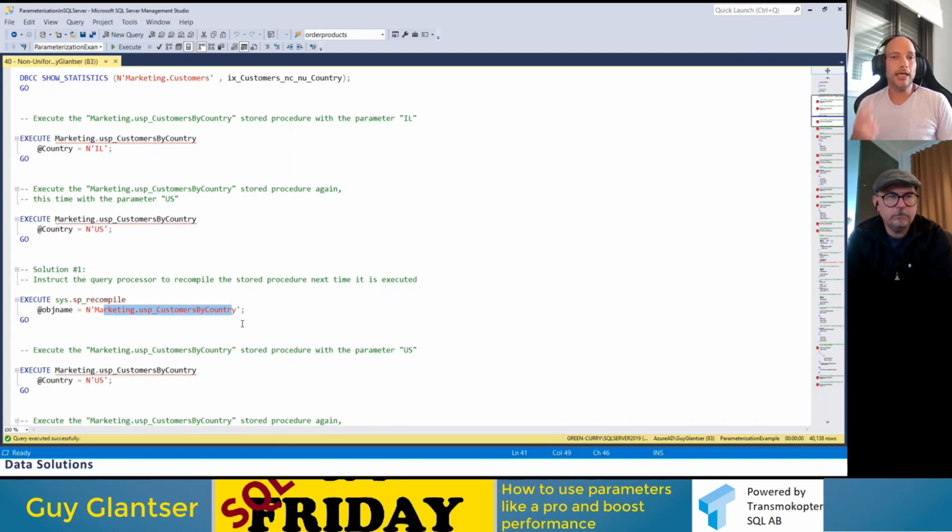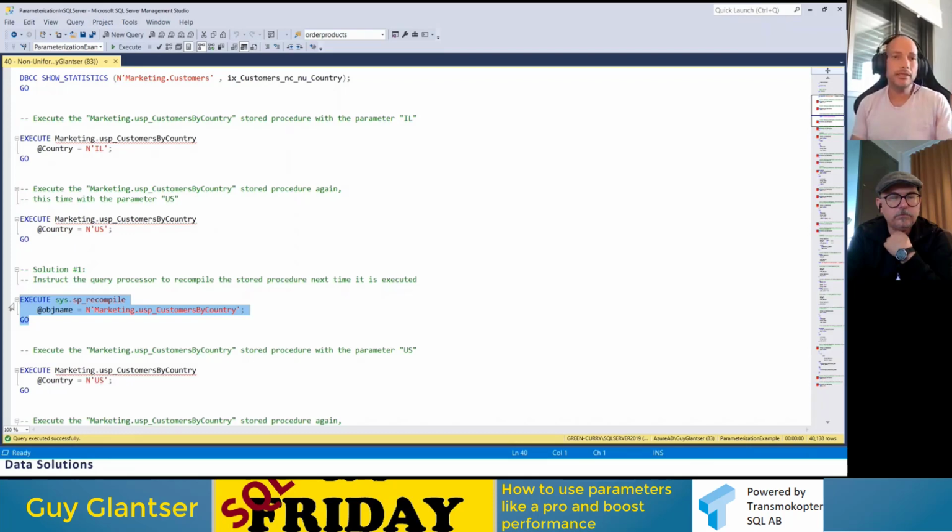because what happens in many cases is that you get stuck with a very poor plan for most parameter values, for most executions. Okay, it might happen. And now you have this plan in the cache, and most users are not happy. And people are shouting and screaming, and there is a lot of stress around you. And they say that you must fix it. And the first thing you should do is run this, because in such situations, you have nothing to lose. Okay, this might produce a better plan in the next execution.